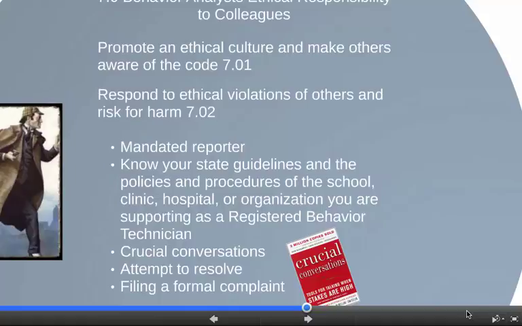Because you know as well as I do that once we move into a highly emotional state, when things get very difficult for us, it's hardly the time to begin learning something new. So I always encourage the people that I mentor to download the appropriate forms from the Behavior Analyst Certification Board website, to familiarize themselves with those forms during non-emotional circumstances, so that when it does come time for you to file